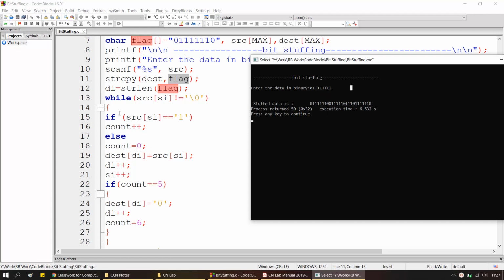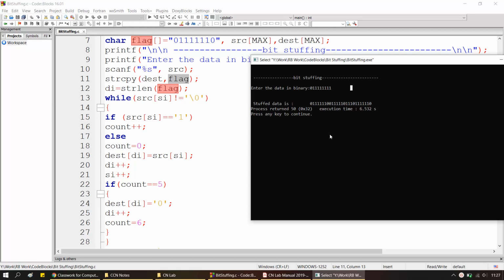That is what the whole program is, just to make it look other than the flag. So once the destination is inserted with the 0, which is a newcomer 0, di is equal to di plus 1, that is di is incremented, and count will be reset again.